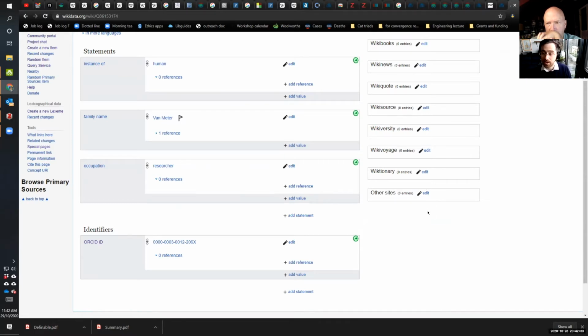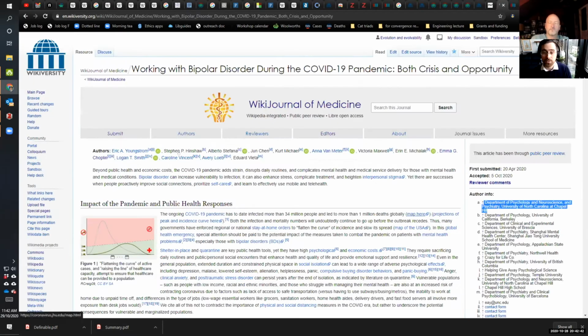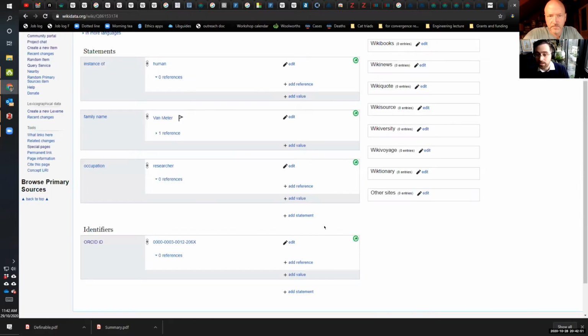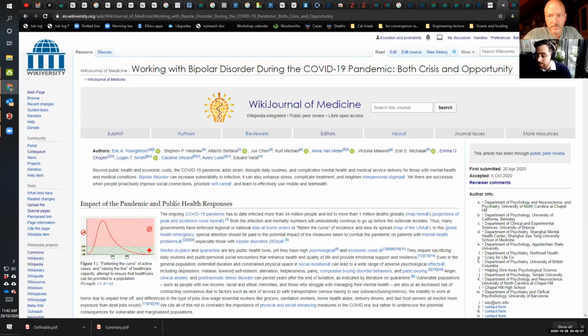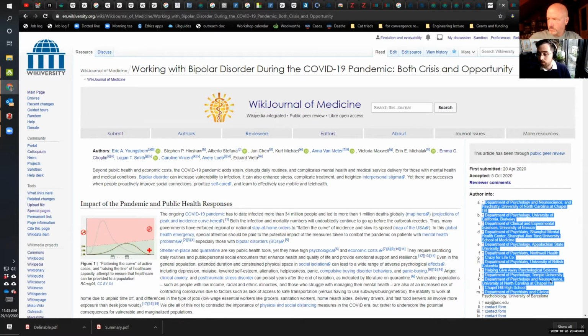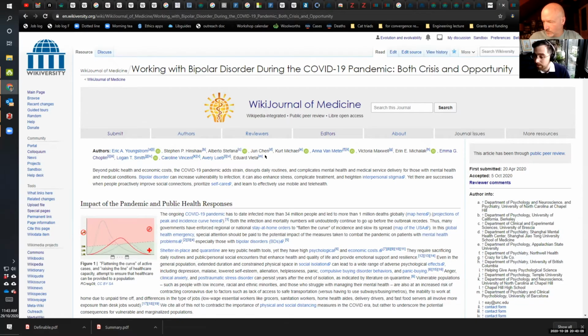So basically, every time an article comes in, this is part of that technical editor role, to be honest, we need someone to go through and go, okay, cool, who submitted this? Anvenmeter has submitted this. Anvenmeter has an ORCID page. I need to make sure that their Wikidata item is completely up to date, particularly with affiliation information, because that's where this is then going to be drawn from. So at the moment, we're manually overriding Wikidata because this information isn't yet in Wikidata. But eventually it'll have to say Anvenmeter is F, Department of Psychiatry, Northwell Health.